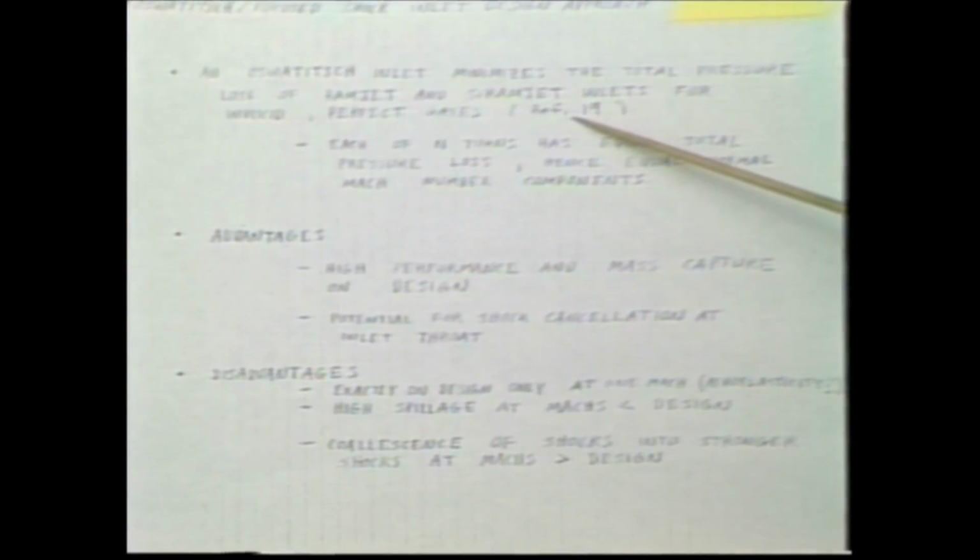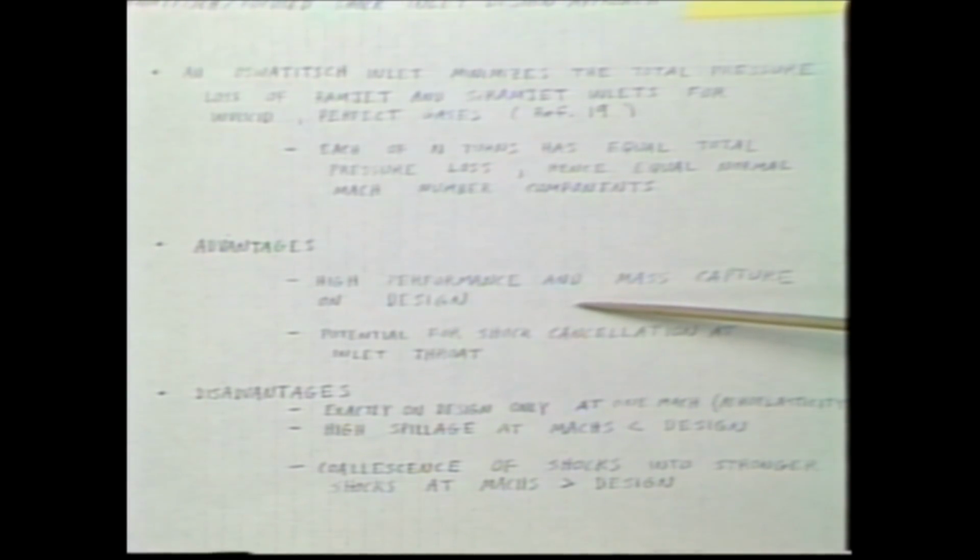I already mentioned that we use this Oswatitsch focused shock inlet design approach. This is discussed in reference 19 as why that's optimal. It tends to produce a minimum total pressure loss for a given amount of compression. The advantages, it has high performance on design and good mass capture. You can cancel all the shocks, so you have very